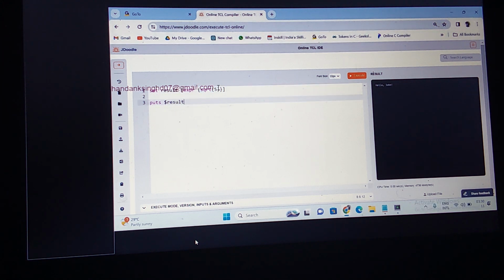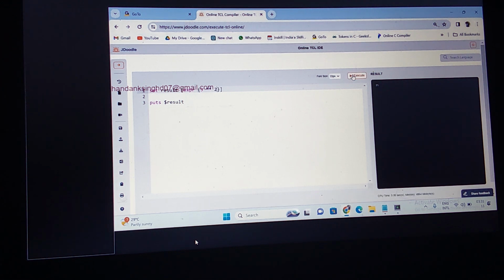Is it square or root that it is going to print? What is 5 square? What is 5 cube? 5 into 5 into 5, correct? What will this do? This will print the root. So if you use star star, then it will print the square. Suppose I write 5 star star 2. Now what is it going to be? It means 5 square, which means 25. Now it is printing 25.